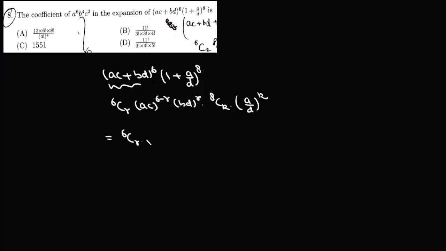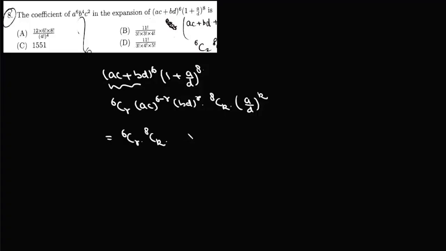Now if we write general term for this, it will be 6CR AC to the power 6 minus R BD to the power R, and here will be, suppose, 8CK 1 to the power 8 minus K, and this is A upon D to the power K, which we can write as 6CR into